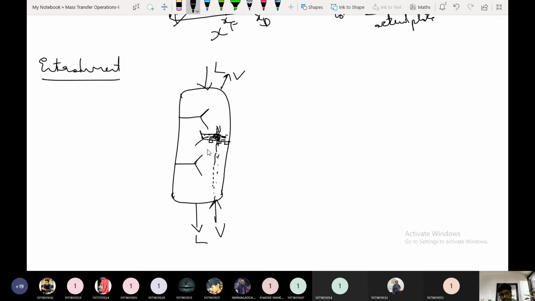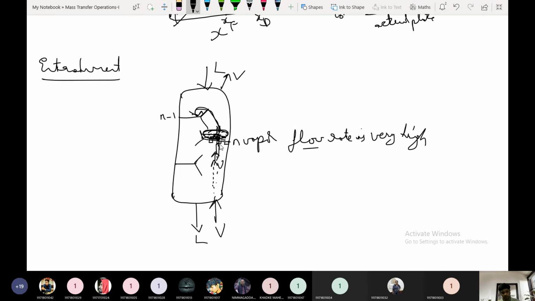Under certain conditions of high vapor flow, what will happen? This vapor will carry this entire liquid to this top plate. If the vapor flow rate is very high, then the vapors coming from the bottom will carry the liquid in the nth plate, then this is the n minus 1th plate, to this top plate. The next plate it will carry immediately, because it can lift whatever liquid is there in this plate to the next plate due to the high vapor flow rate. So that is called entrainment.